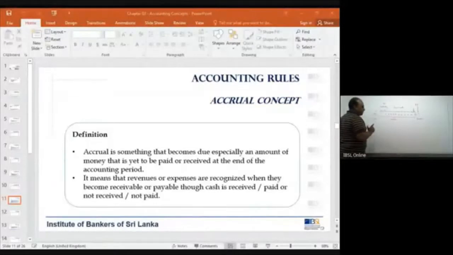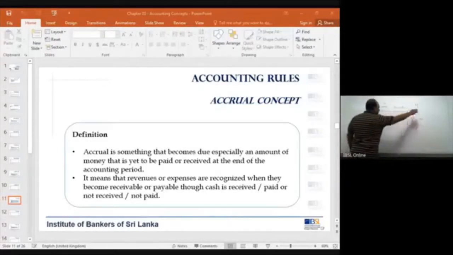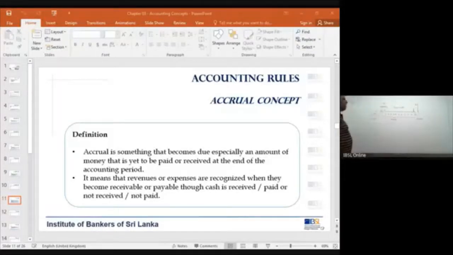But what would have happened? During those 3 months, March, April, May, and maybe in the early part of June, we were consuming electricity. I think we would have consumed more than what we have been consuming when we were working and operating. So obviously you will know that payment of the electricity bill can happen at any time, irrespective of your consumption. So the accounting bodies or accounting standards have brought up this concept called the accrual concept, which talks